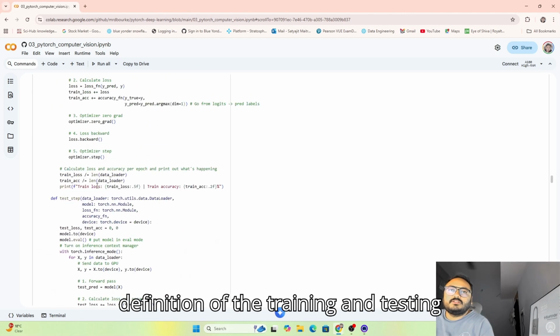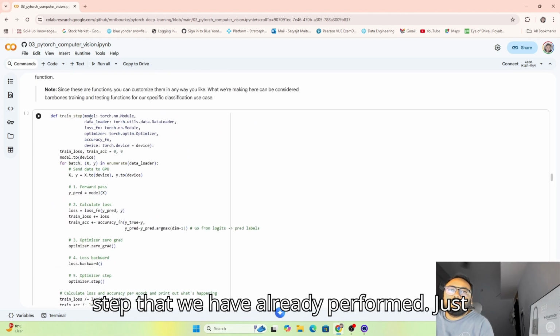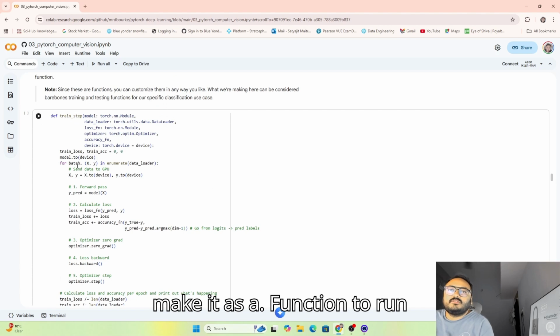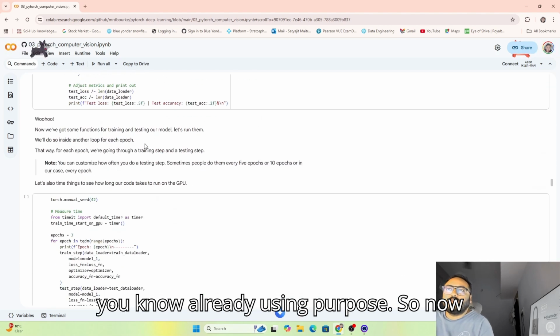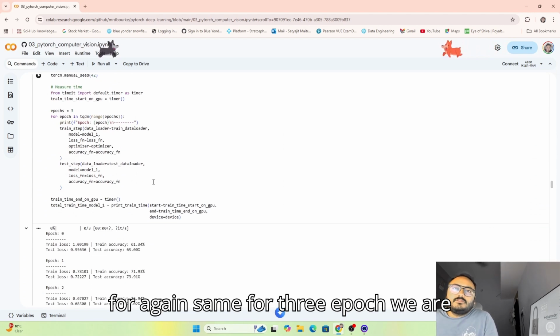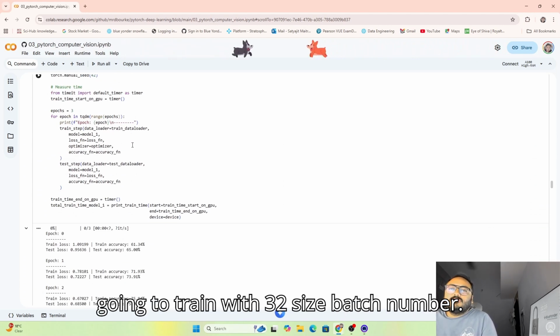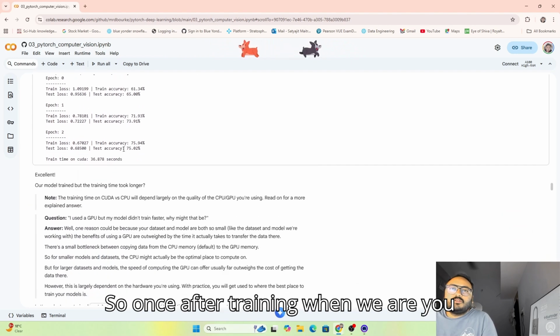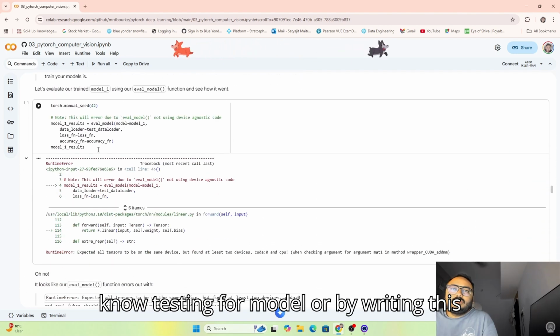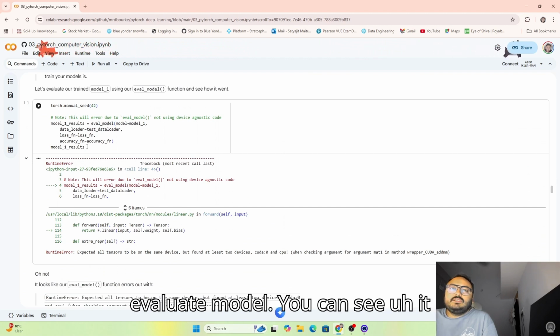The definition of the training and testing step that we have already performed, we just make it as a function for reusing purpose. So now again the same, for 3 epochs we are going to train with a batch size of 32. So once after training, when we are testing the model by writing this evaluate model,